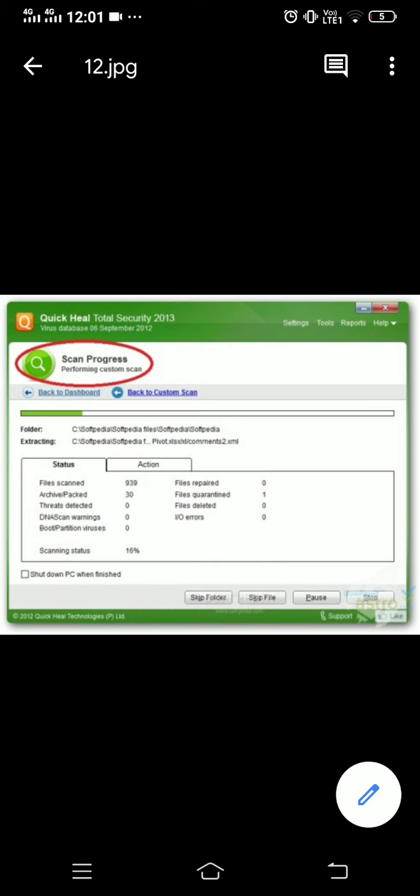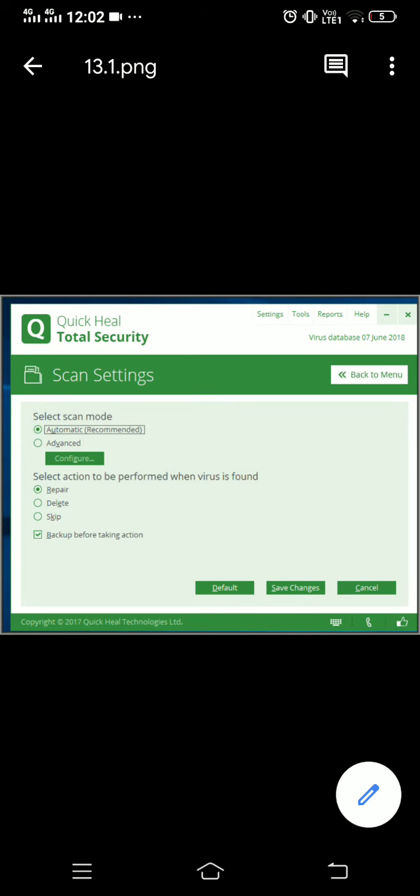As you can see on the screen, we are scanning this, and it will completely scan your computer. Although this is an auto scan, whenever we start, we put it on auto update or auto scan. The computer will be auto scanned daily, and the suspicious files will be deleted. This is how it is.